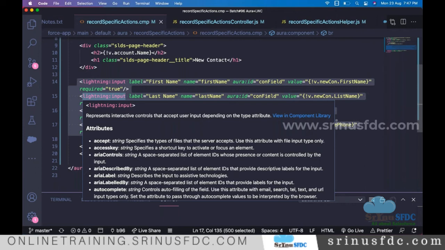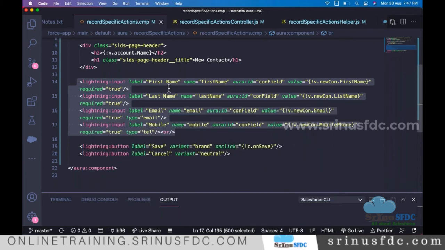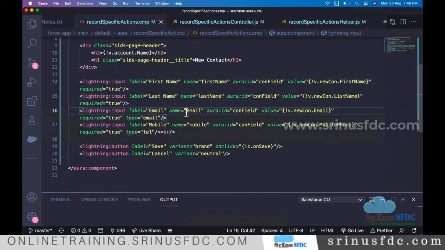If all these fields are populated, I want the return value as true. If any one of the values is false, I want to return false. So that's what I'm going to do. Okay, so just understand that. So maybe, one second.